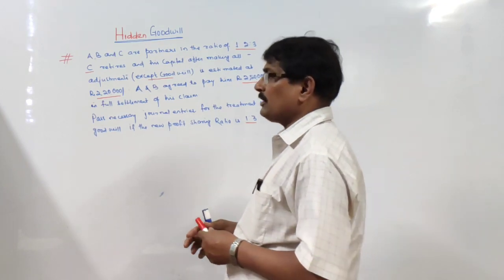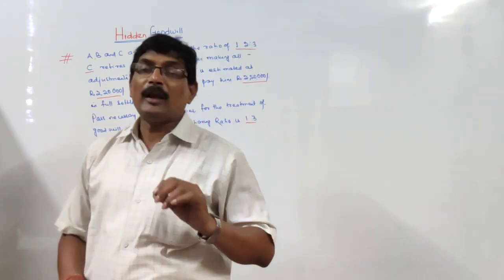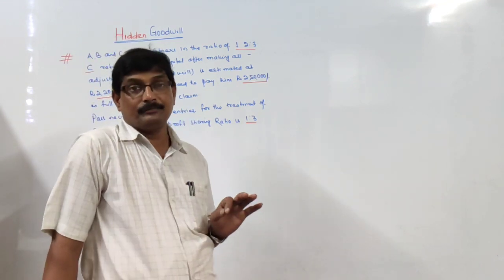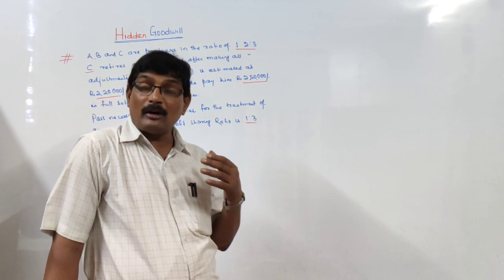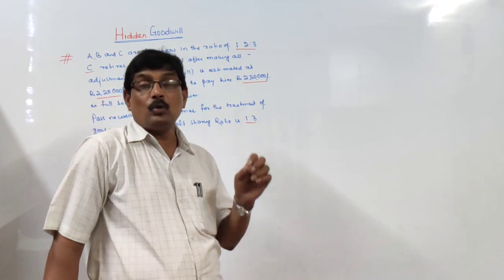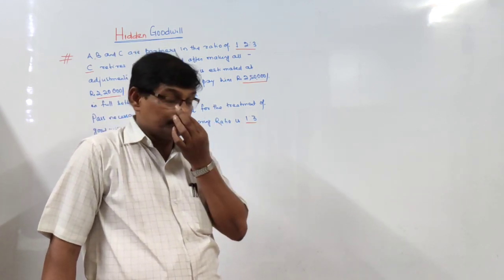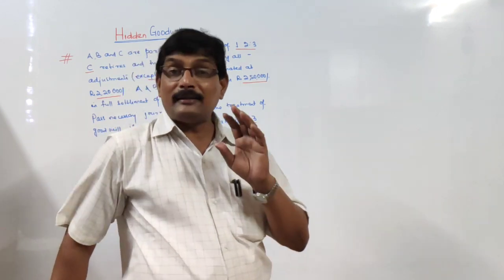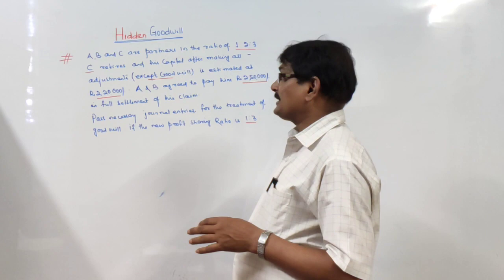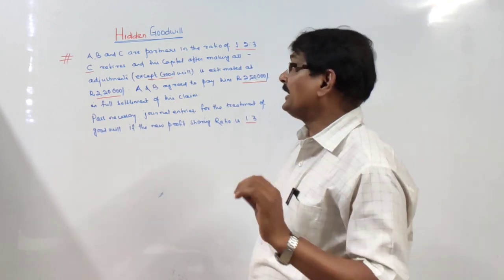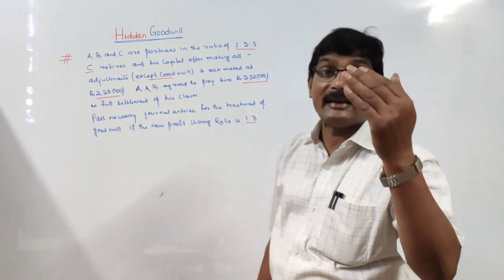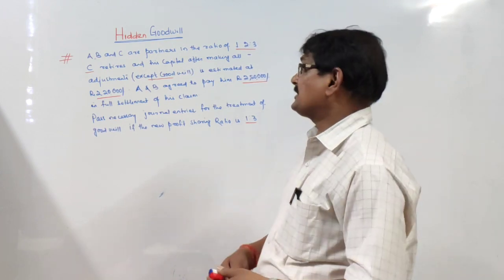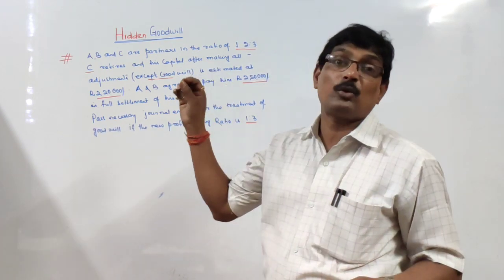Sometimes in the question, the goodwill and its treatment may not be directly given, or you may not have direct information to ascertain the value of goodwill. At that time, we have to calculate the goodwill with the help of some other methods, known as hidden goodwill, which is not directly given in the question. Now how to treat it, I have tried my best to explain with the help of an example.